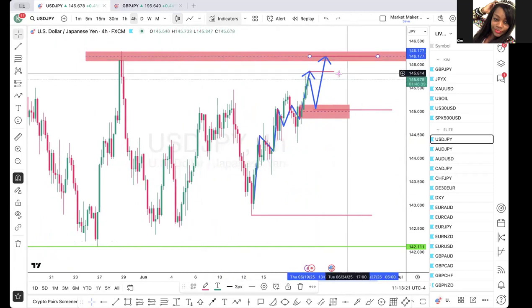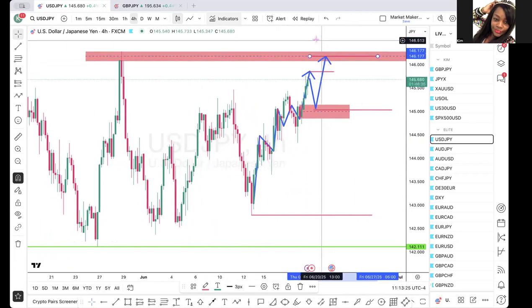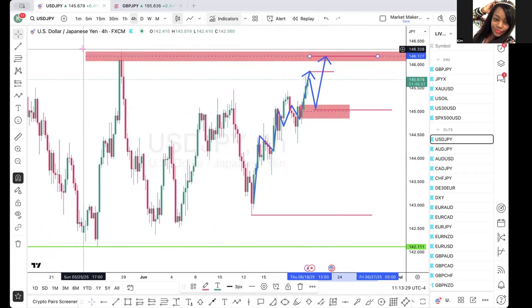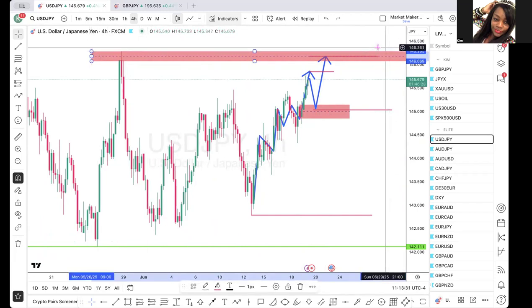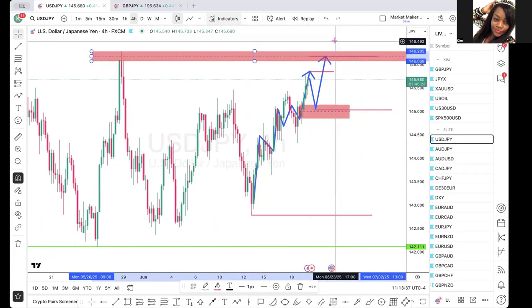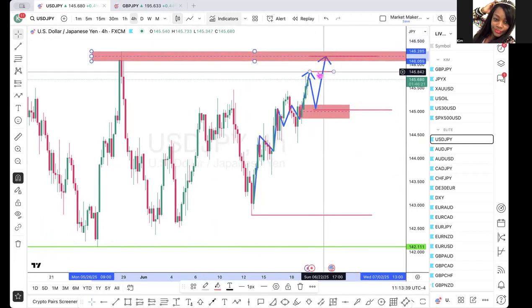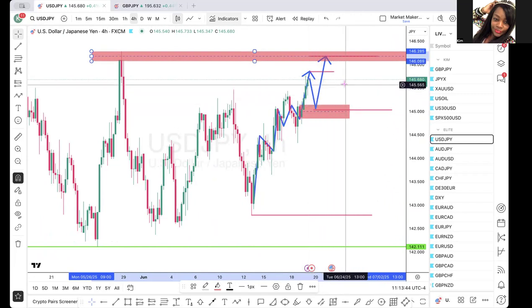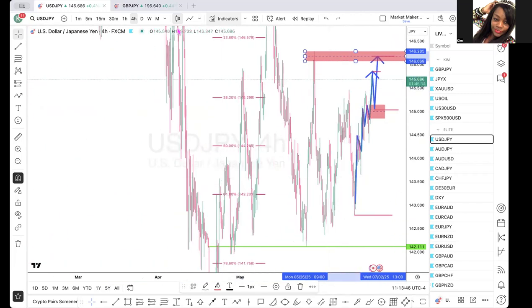Because you want it to come here, it might wick the high. If it breaks the high and the candle closes above this high, then you identify the current swing within there. That way, when it pulls back and breaks an internal low, you can expect price to